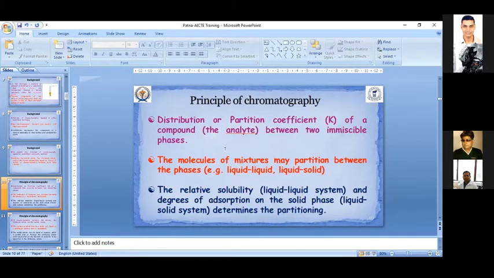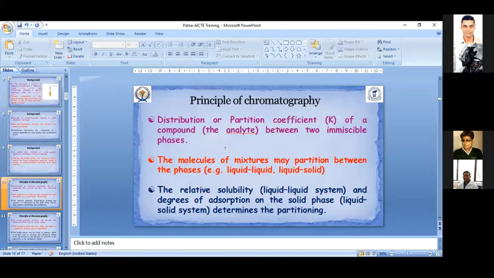These two phases may be liquid-liquid or liquid-solid. Due to their relative solubility in the liquid phase and their degree of adsorption on the solid phase, the molecules get separated. This is the basis of